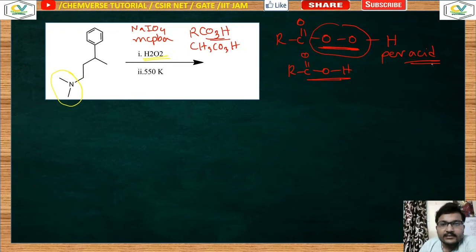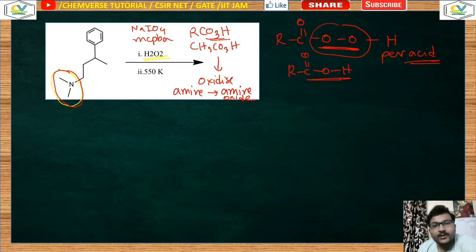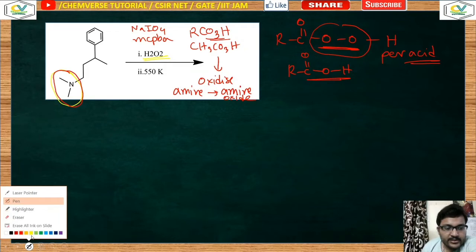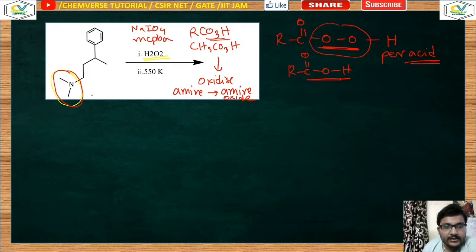So the function is that they all are oxidizing agents, and they oxidize amine to amine oxide. Okay, so this amine portion will be transformed into amine oxide, and what you will get after the application of this kind of H2O2 or such oxidizing agent,